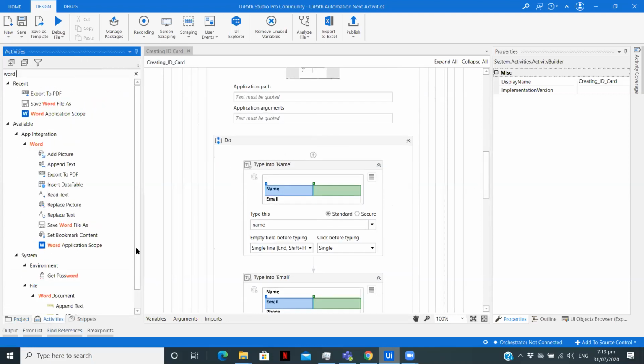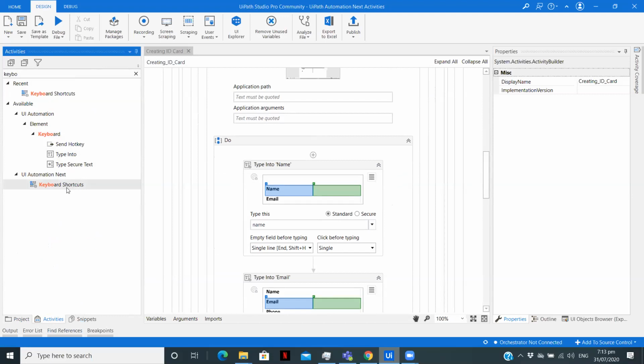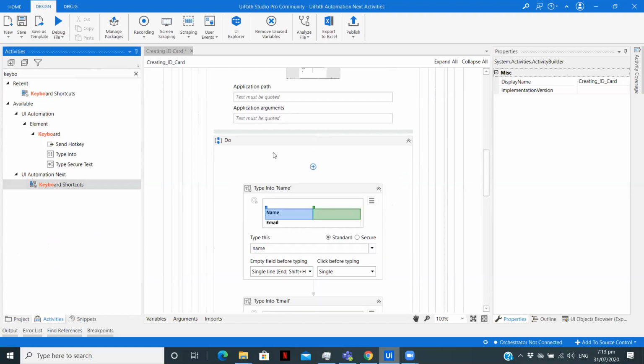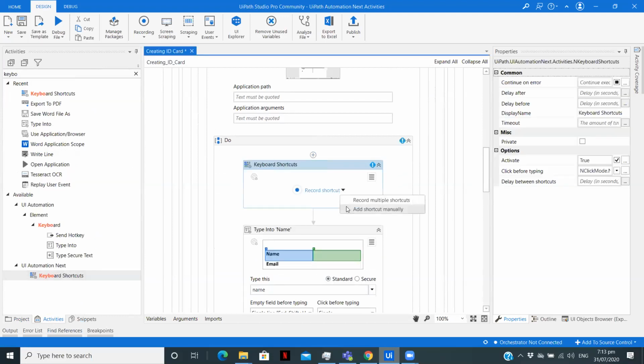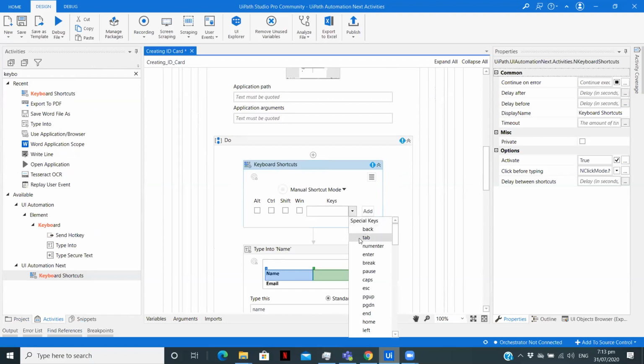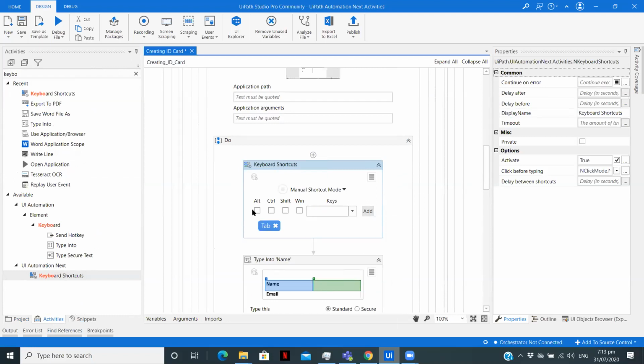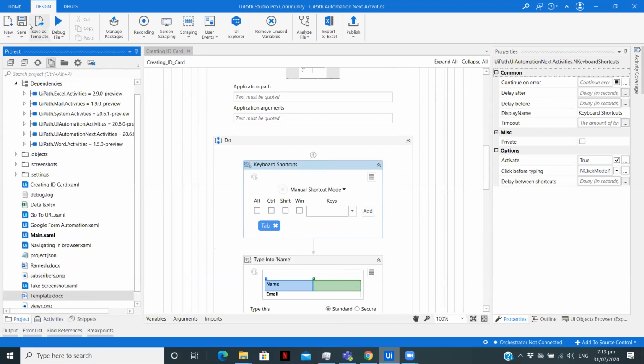So we are going to drag the activity, keyboard shortcuts, over here, add shortcut manually, and then tab. So let me save the workflow and let's run it again to see if we are having any errors or not.